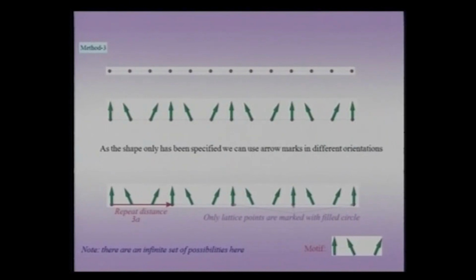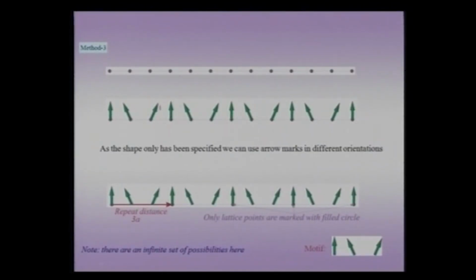So what I did here, the only thing I make sure is that the orientations of the second arrow and the third arrow are both not simultaneously identical to the up arrow. I could put one up arrow, another up arrow, but then a down arrow I have to put, then an up arrow, then up arrow, then down arrow. That would work fine, but I cannot put all 3 up arrows,